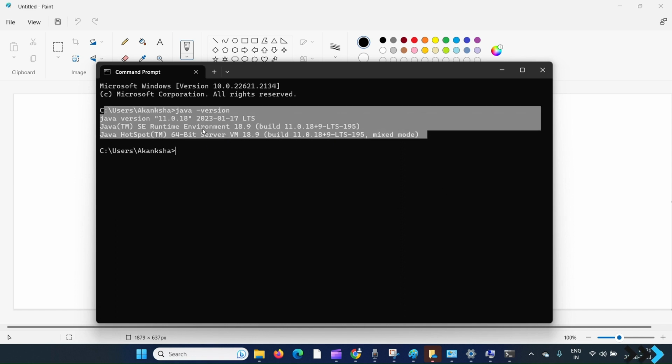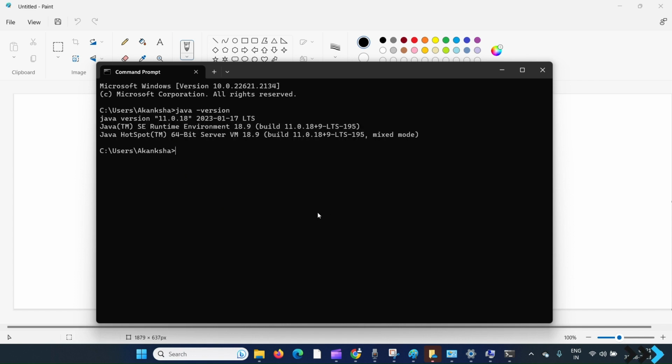Now, for example, I want to check the Java compiler version. If you want to check the Java compiler version, just type javac space hyphen version, like this, javac space hyphen version. In that way you can check the Java compiler version. What is the Java compiler version in your system? So once I click on enter, you will see the Java compiler version is 11.8.18, right.